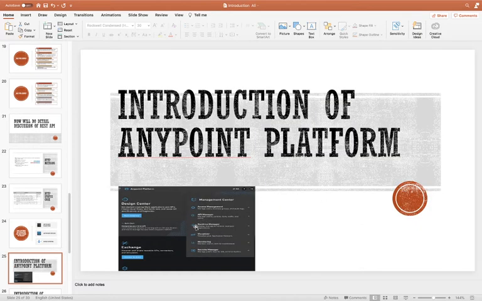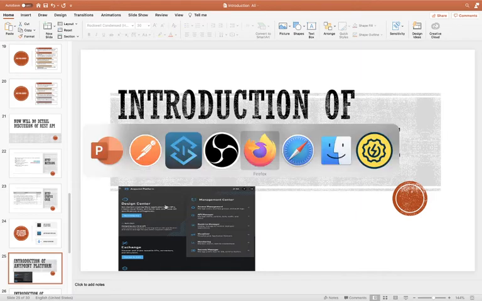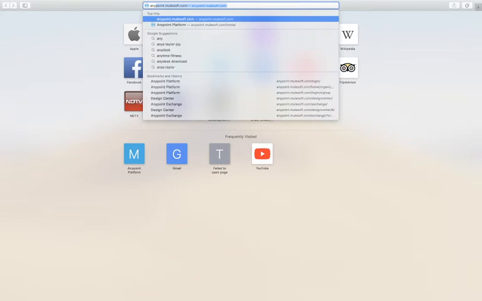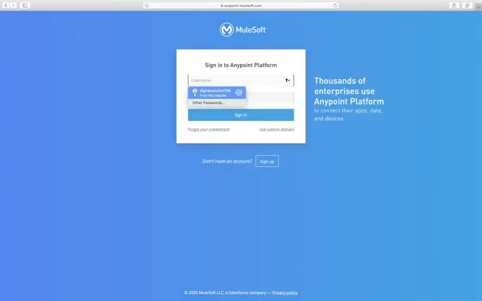So let me open Anypoint Platform first. To open Anypoint Platform you need to go to anypoint.mulesoft.com. If you are a first-time user then you need to sign up. If you are an existing user, just give your user ID and password and log in.